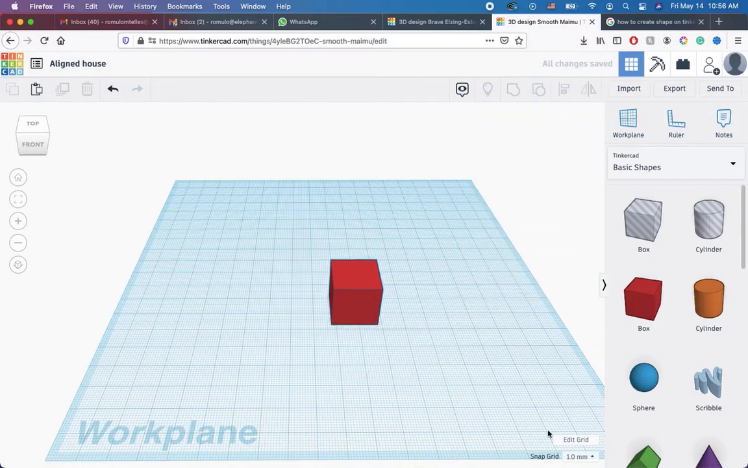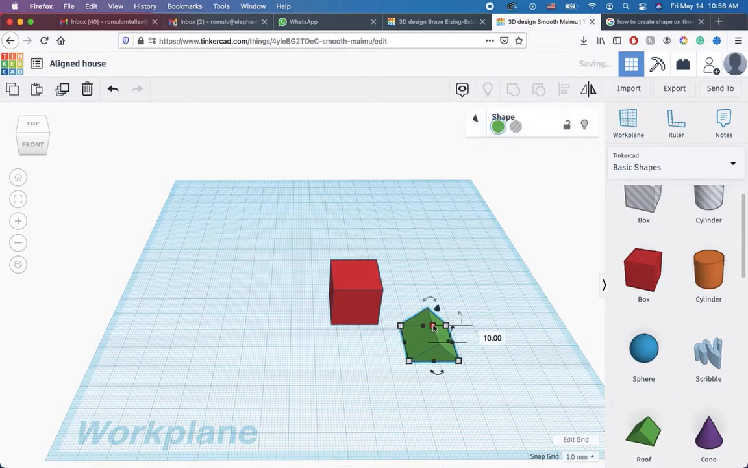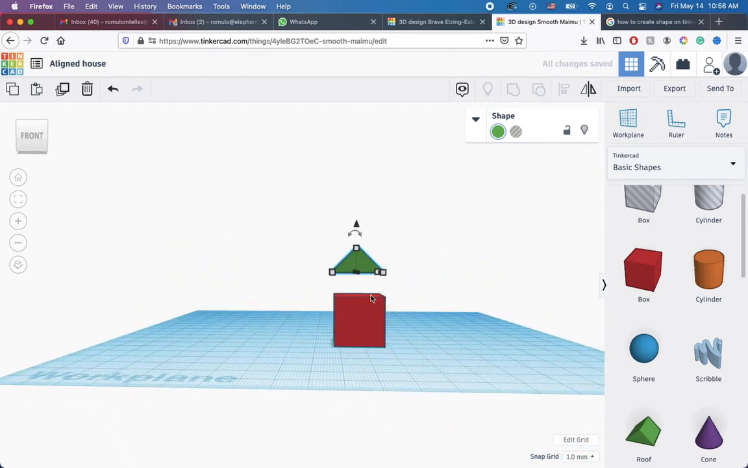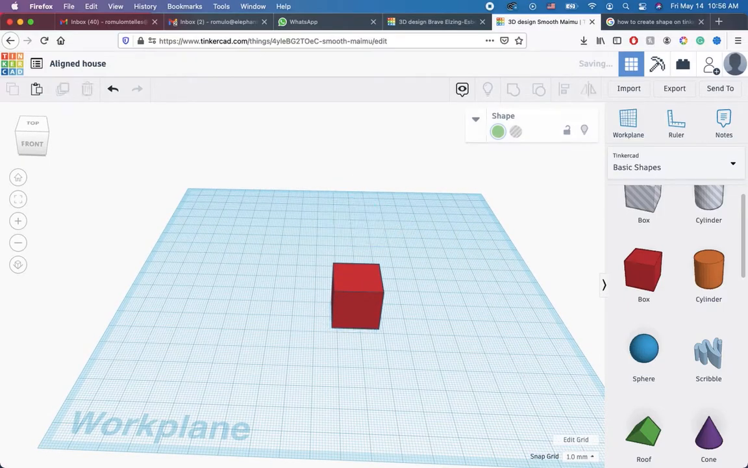Now, usually when you have the roof here, if you bring the roof, it's gonna be painful to put the roof over here, because aligning on top of the box is sometimes hard when we are trying to place it on this arrow here. So the easiest way to align it, I will delete the roof. And now what we're gonna do,